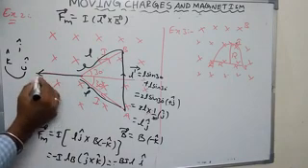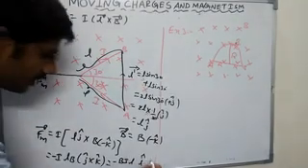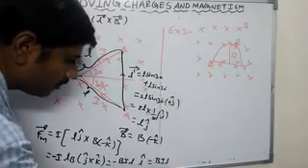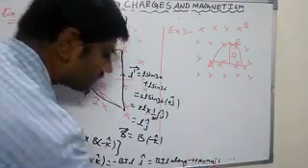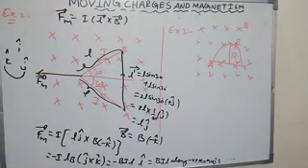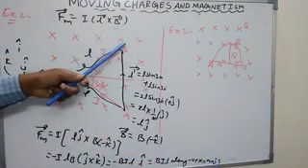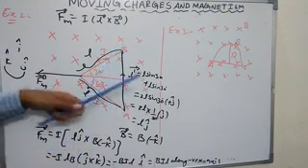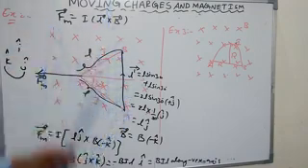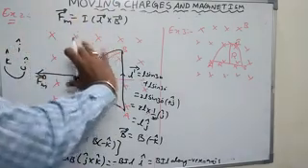The magnetic force acting on this shape is along the negative x-axis. I hope you understood. In the previous problem, the force was along the positive x-axis. In that case the current direction was downward, from here to here. Now in this case, it is from here to here. The previous problem's current direction was downward; in this problem it is upward.